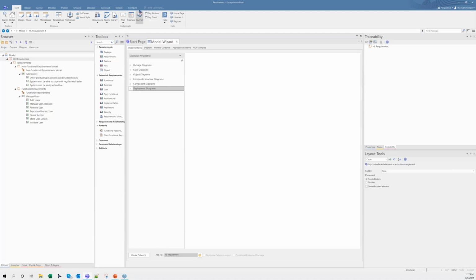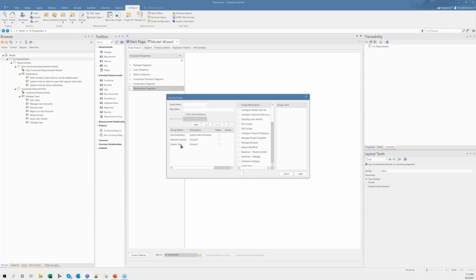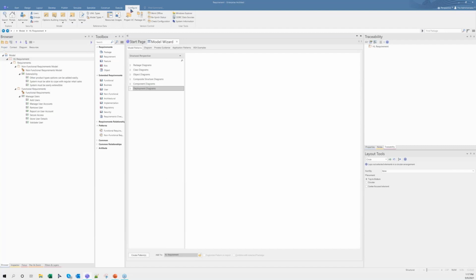If I can show you the user groups in my module, I have just created two user groups, one for system engineer and another one for business analyst, and given them access, and I've assigned two users, one user for each group here. So this is a prerequisite, and let me get back to the perspectives.